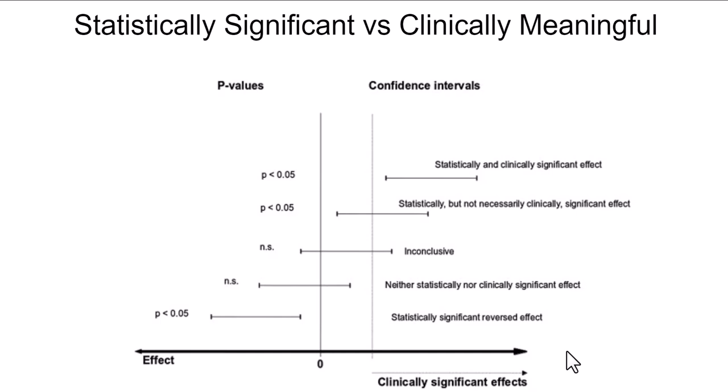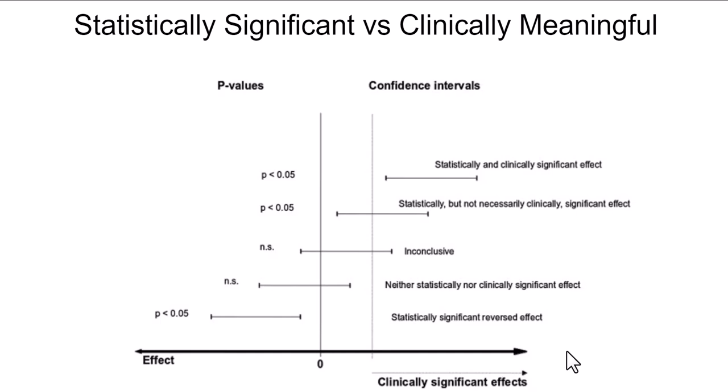And if you look on the right of the 0, you can see your confidence interval is far, far to the right of 0. So this would have clinical significance. If it were crossing 0, it would have no clinical significance. So just looking at the first line, you can see that you have statistical significance as well as clinically significant